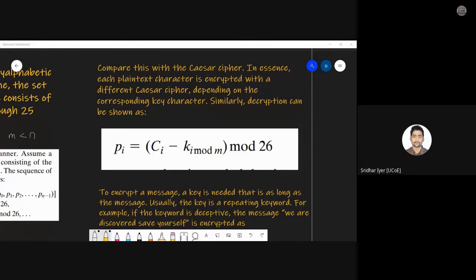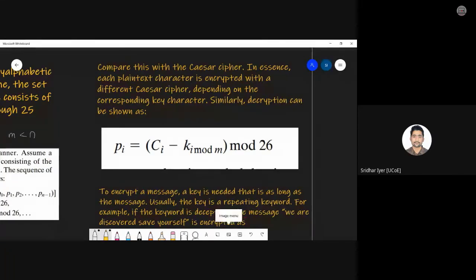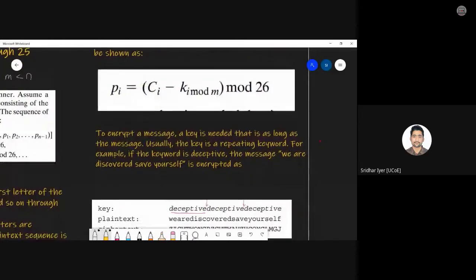Correct, Akhil. Some 90% correct what you have written over here. For example, if the first character is shifted by 1, then the second character is shifted by 2 and so on. It is 90% correct. I would just elaborate on that. What happens is, let's take an example first. It will clear the things.